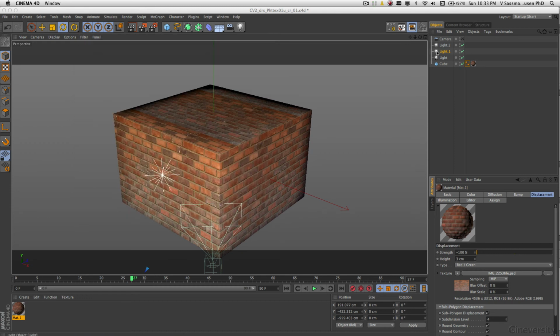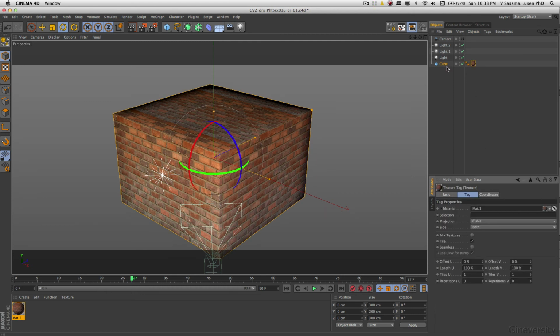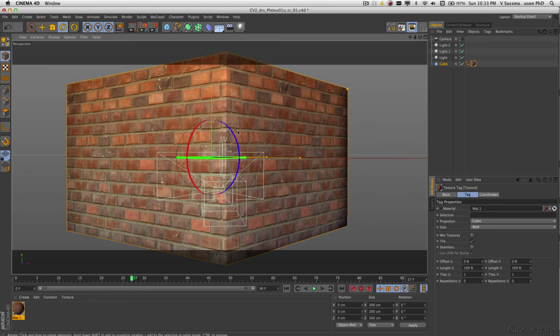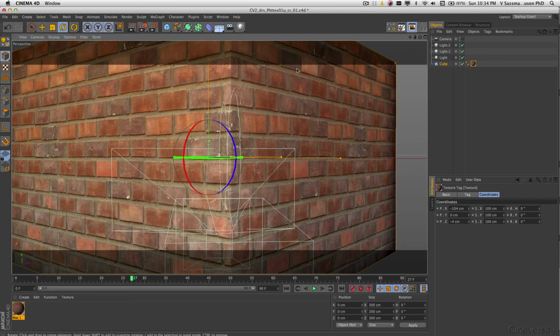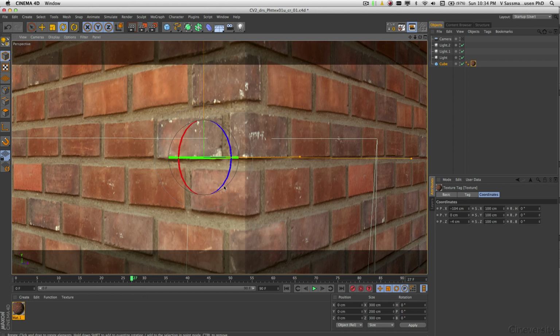And long story short, the texture space was given with cubic fitting to the cube, so it's pretty much 3 times a flat. So you see on top we have the same texture, which is just an accident. But with the cubic I could move the texture in 2 directions, which I have done here. As you can see, X and Z are moved, and I have done this until I reached the area that I have described before. And so I have these areas pretty much folded around,